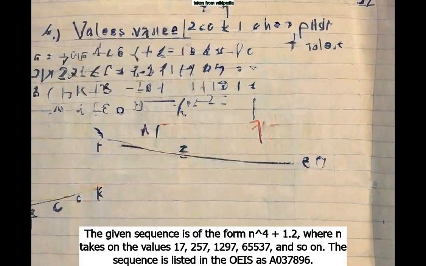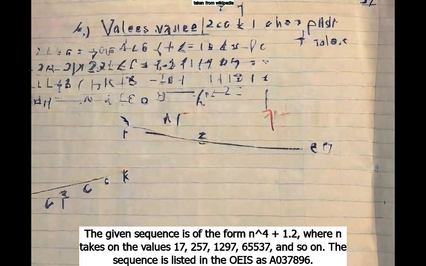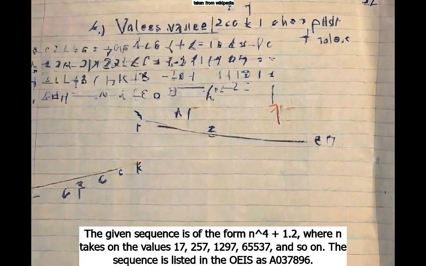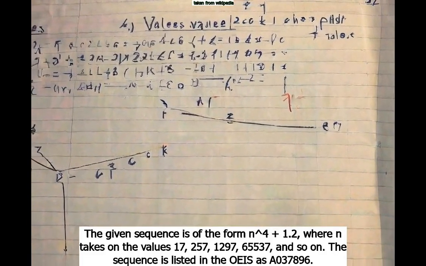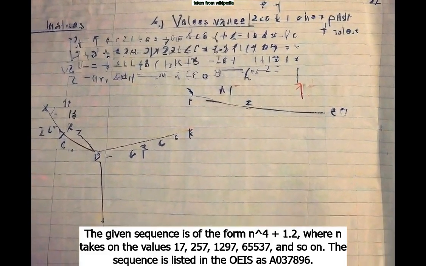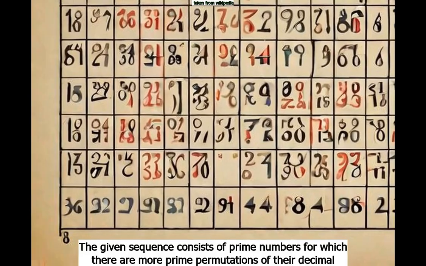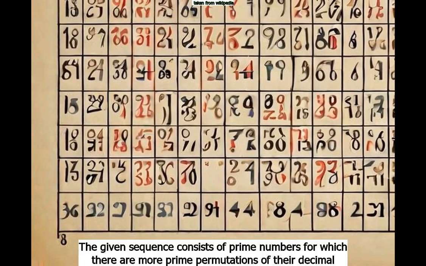The given sequence is of the form n to the power of 4 plus 1, where n takes on the values 17, 257, 1297, 65537, and so on. The sequence is listed in the OEIS as A037896. The given sequence consists of prime numbers for which there are more prime permutations of their decimal digits than